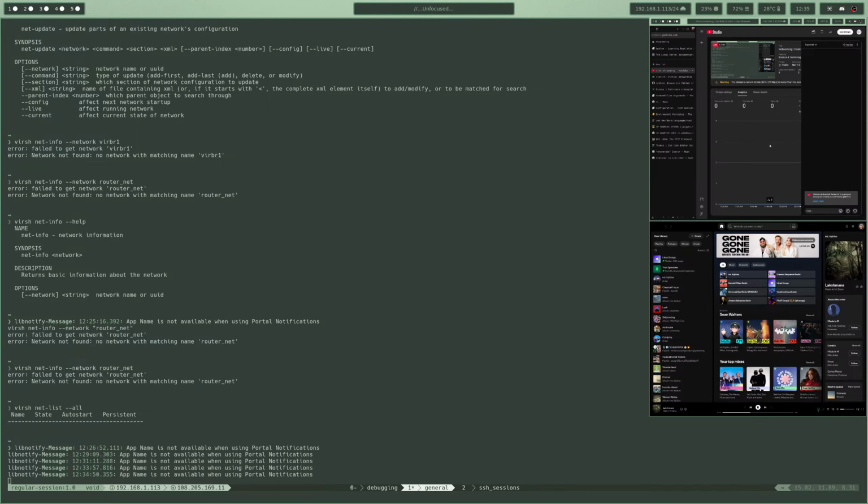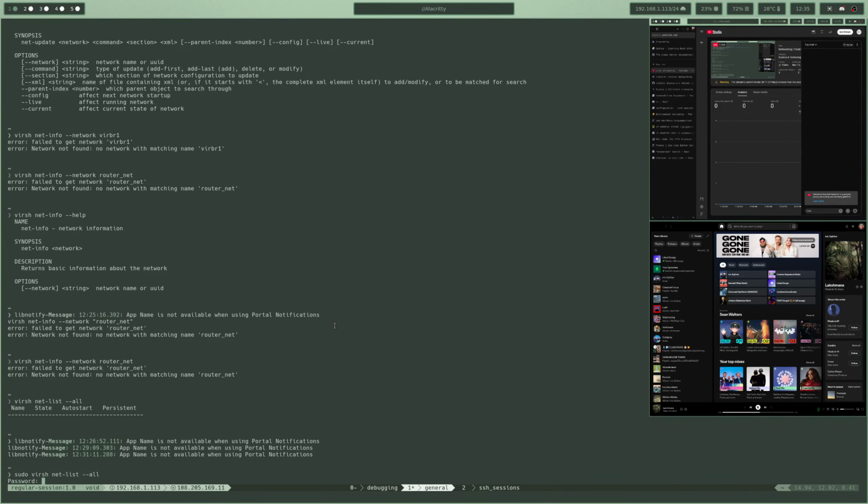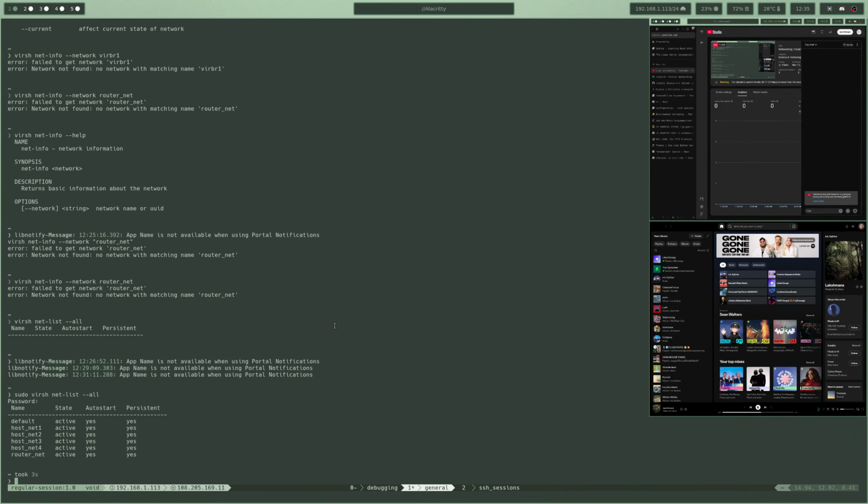Okay, so I'm back. Found out that we need to prepend sudo because it's running with the system's socket. Yeah, there we go. Okay. So then